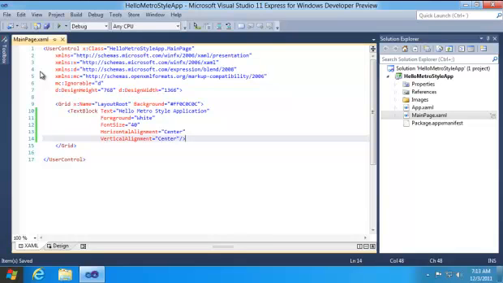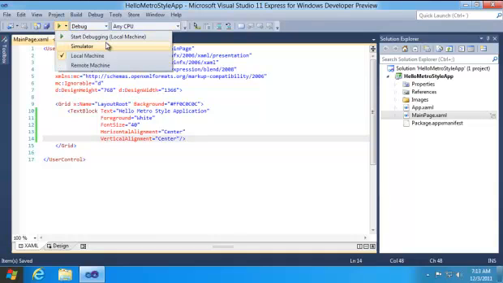Now once you build your project, once you create the XAML UI and CS file, all those things, you want to debug it or you want to view it in your local environment or in the simulator. In the debugging option you will see start debugging in local machine, start debugging in the simulator or in the remote machine.